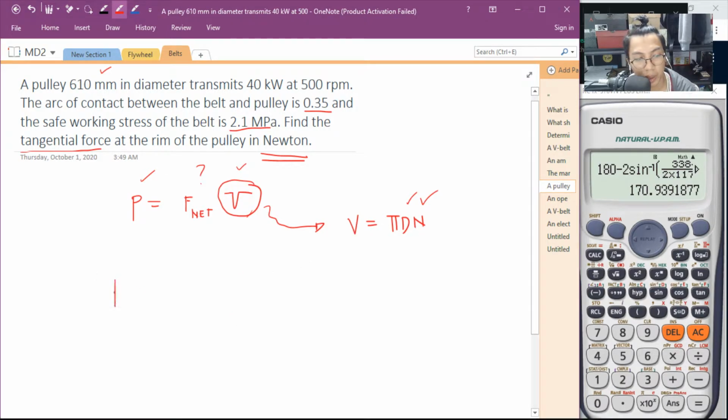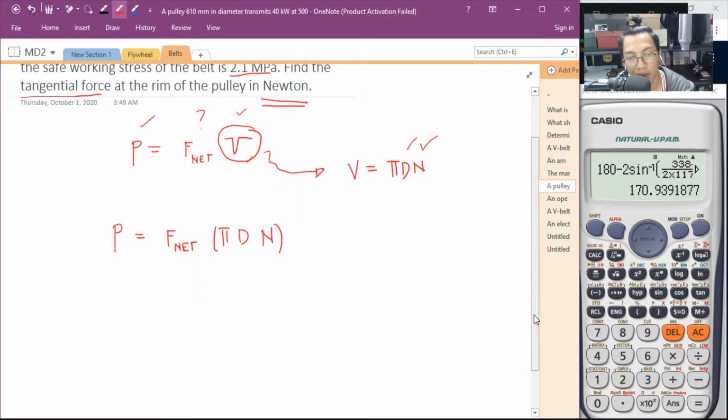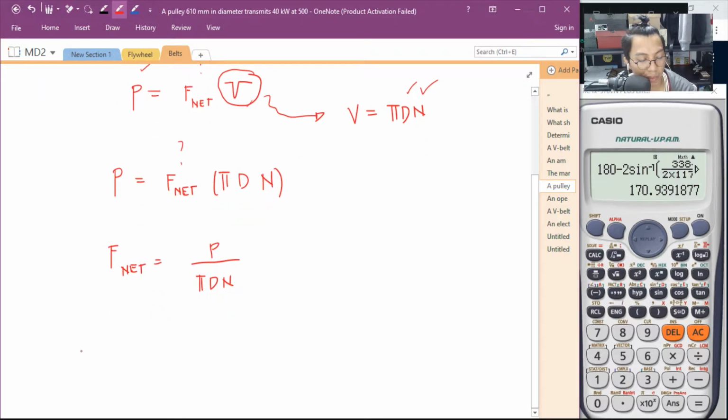And then, pwede nating i-reform to. Power is equal to F net or the net force multiplied to pi multiplied to the diameter of the pulley and the speed or the rotational speed of the pulley. So, F net ang hinahanap natin. Reform ulit natin. F net is equal to power over pi d n. Simple lang. So, F net will be yung 40 kilowatts divided by pi, the diameter 610 millimeter, divided by yung n, that is 500 revolutions